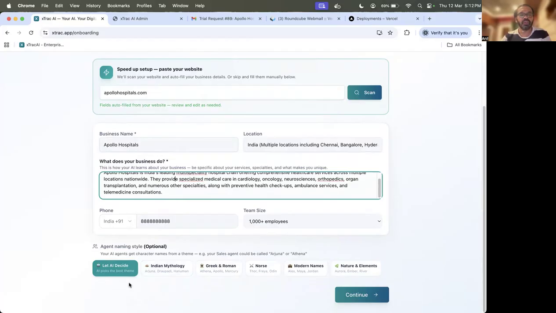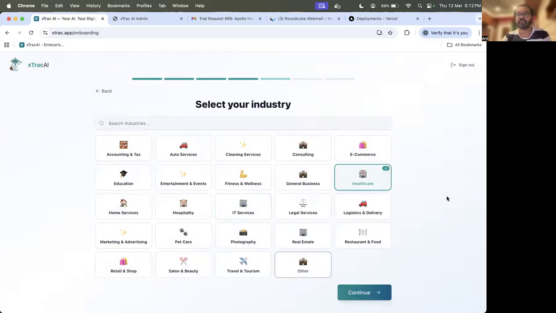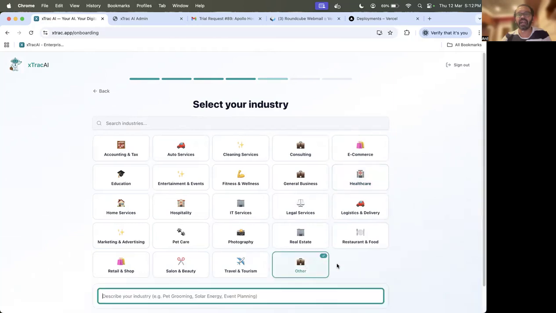So then we can name the agents either at a regional level or the way you want. You can just ask the AI to decide by itself or just say Indian mythology or anything like that. I'm going to start with Indian mythology because Apollo Hospital is from India. So it's going to auto select the domain. If you think this is not appropriate, you can click on other and you can still write your own domain,